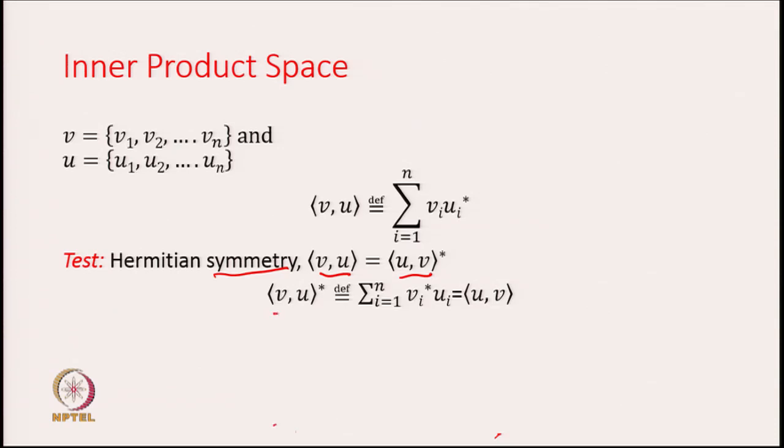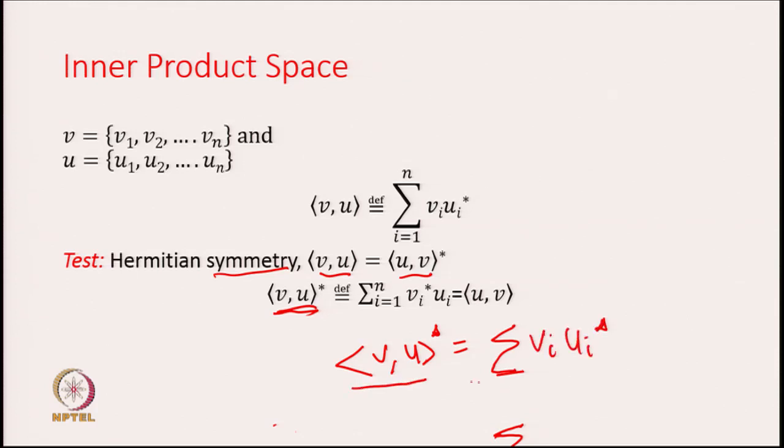So, let us see. I am interested in the inner product of v with u, conjugated. The inner product of vector v with u is this thing, and conjugate means that I have to take the conjugate here,